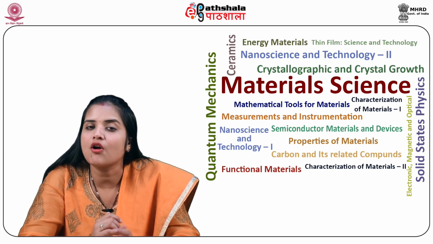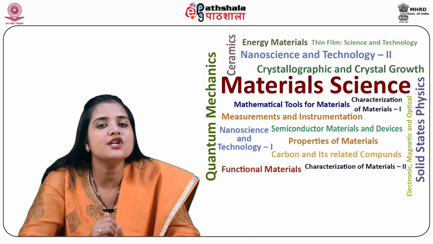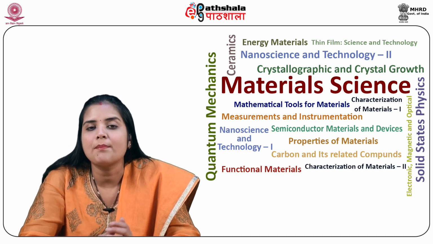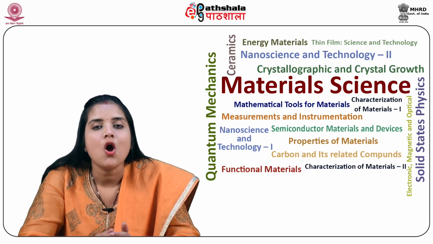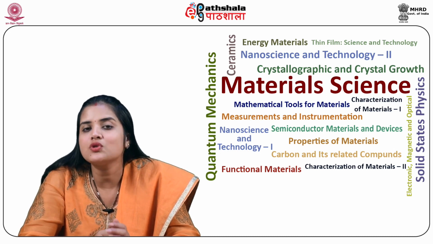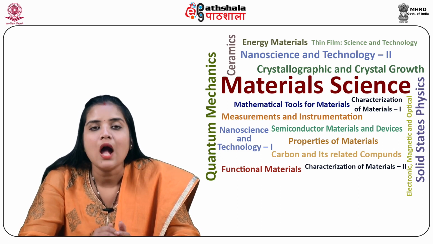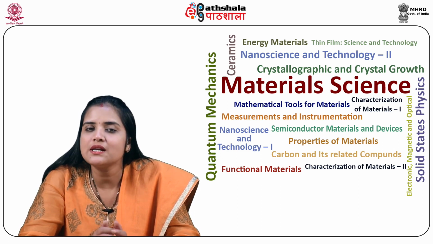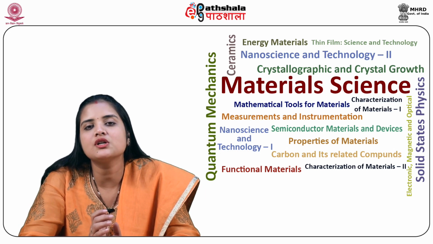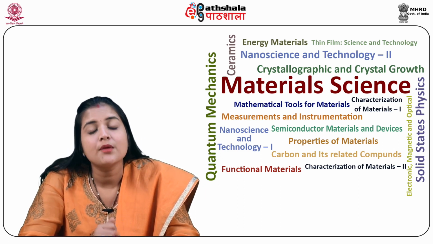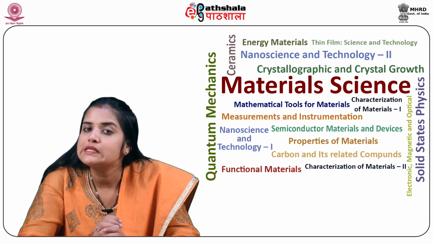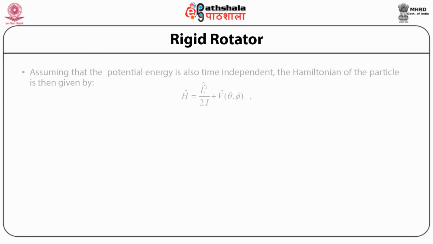kinetic energy operator of the particle reduces to kinetic energy operator T is equal to operator L square divided by 2 mu a square, which is equal to operator L square divided by 2 times I, where I in equation 26 represents moment of inertia of the particle about the origin. Also, the potential energy V of the particle is clearly independent of r. Assuming that the potential energy is also time independent, the Hamiltonian of the particle is given by Hamiltonian operator